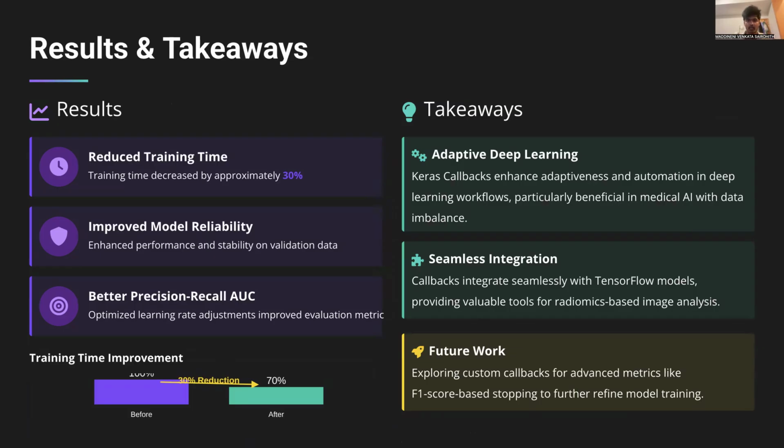Once implemented, this callback driven training approach is expected to significantly enhance model performance and efficiency. I expect shorter training times, improved stability on validation data, and higher precision and recall metrics for disease detection. By preventing overfitting and automating optimization, callbacks will help the model focus on meaningful radiomic patterns rather than noise. This will especially be valuable for classifying all 14 lung diseases where subtle differences in texture or opacity can